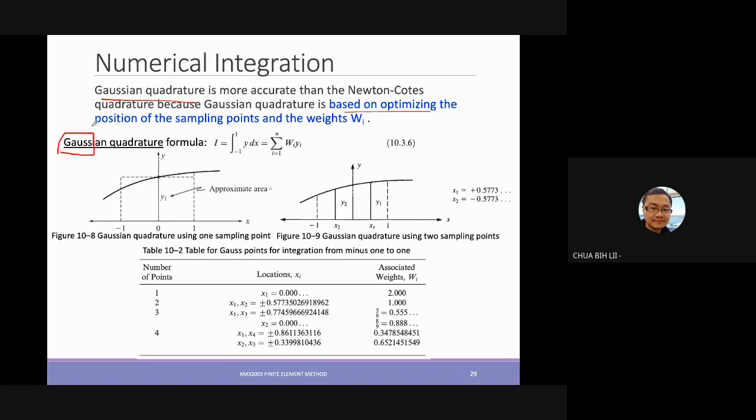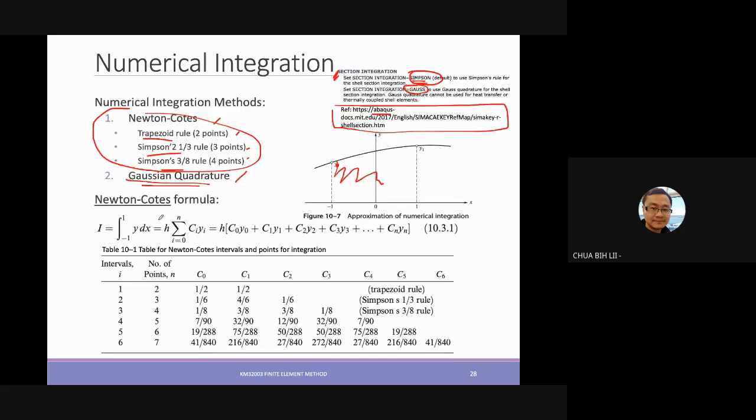You have a Gauss point. This Gauss point refers to the location of the Gauss positions, your sampling positions, or the integration point, which refers to the point where you would integrate to reflect or to represent that particular